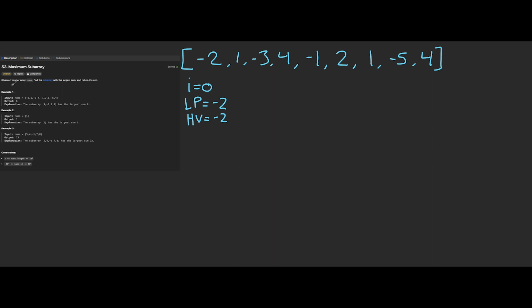Maximum subarray. Given an integer array, nums, find the subarray with the largest sum and return its sum. So we want to find the largest sum of a contiguous subarray in the array. If an array was, let's say, 1, for example, like it is over here, then the number we return is